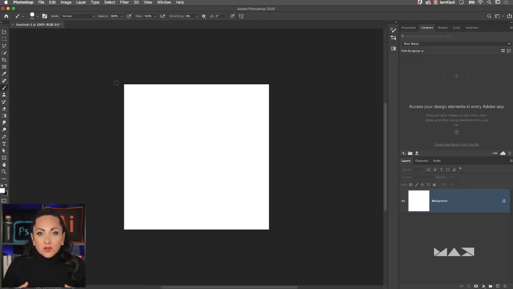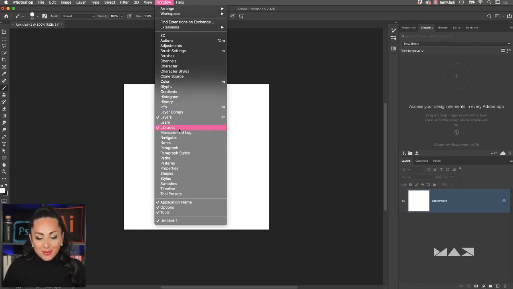The client unfortunately hasn't provided any images to go with the project, so he's relying on us to find professional photography to use for our Instagram post. The most time-saving way to leverage professional photography is to work directly in Photoshop by using the Adobe Stock service, which is integrated in our Photoshop app. All you have to do is choose the Window menu and make sure that your Libraries panel